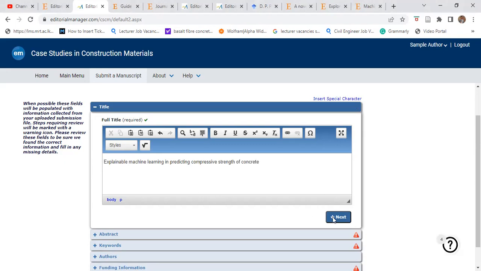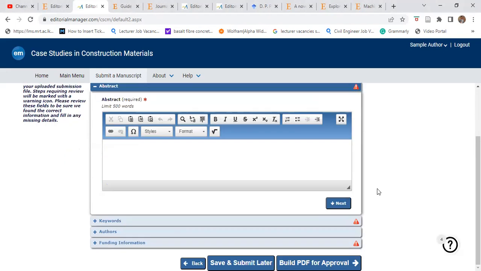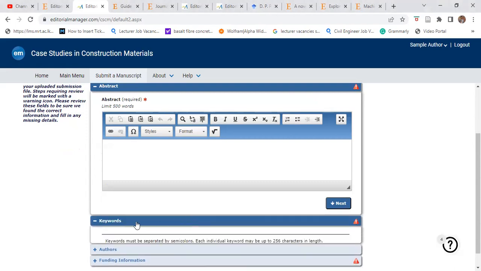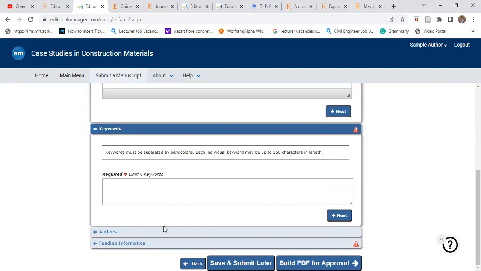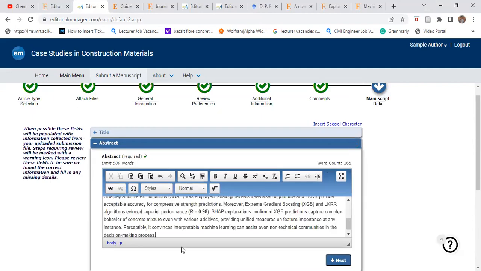Right. So this is my title. Click next. And the abstract, unfortunately, it has not taken it. But most of the time, it automatically extracts those details. I don't know why. So if it's not, you can just simply paste it. Oh, this is not. So this is the abstract, and then keywords,